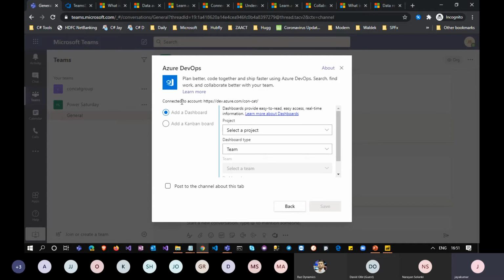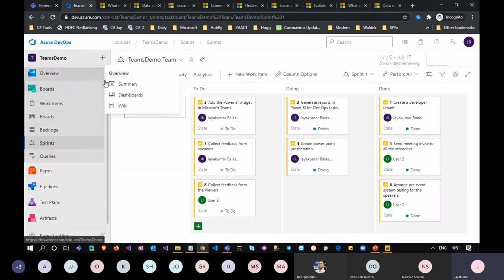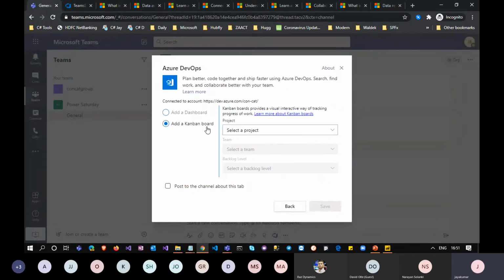If you see, we have only two options. First let me select the project. Either you can add a dashboard, which you can create from this section as an overview, or you can see a Kanban board.